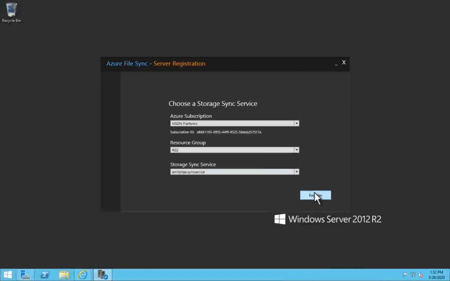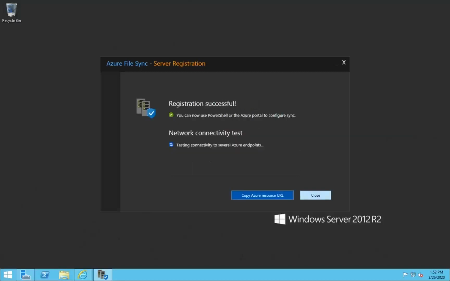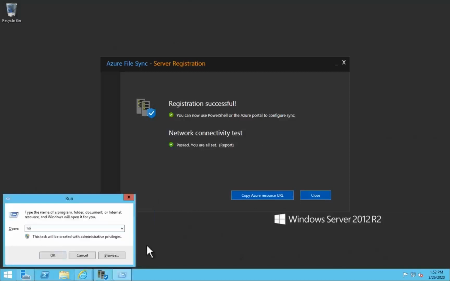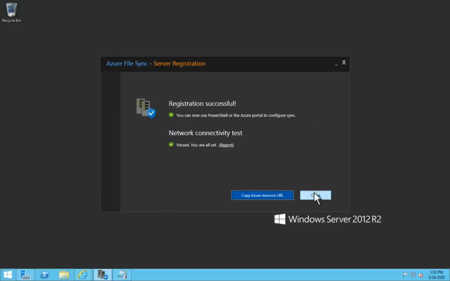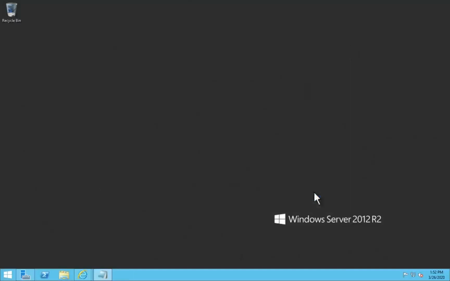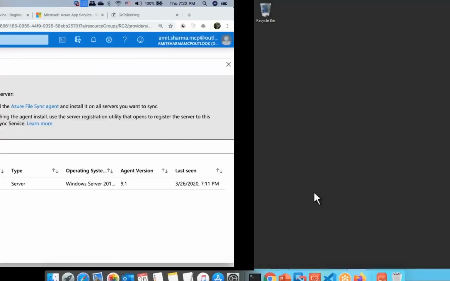It might take some time to register my server. Then it says copy the URL. Let me copy the URL and put it somewhere temporarily in my machine here. This is the URL for the sync service resource. Anyhow, I don't require this. Later on, I may require it for the